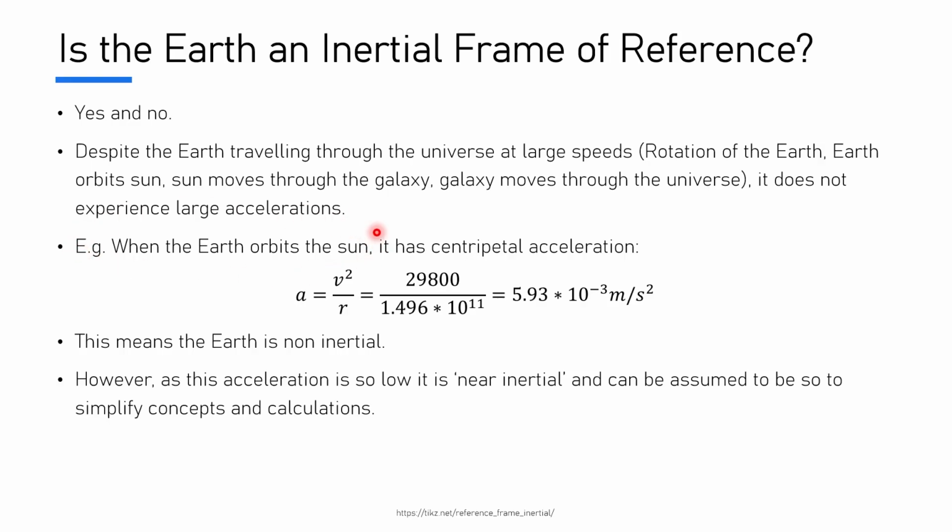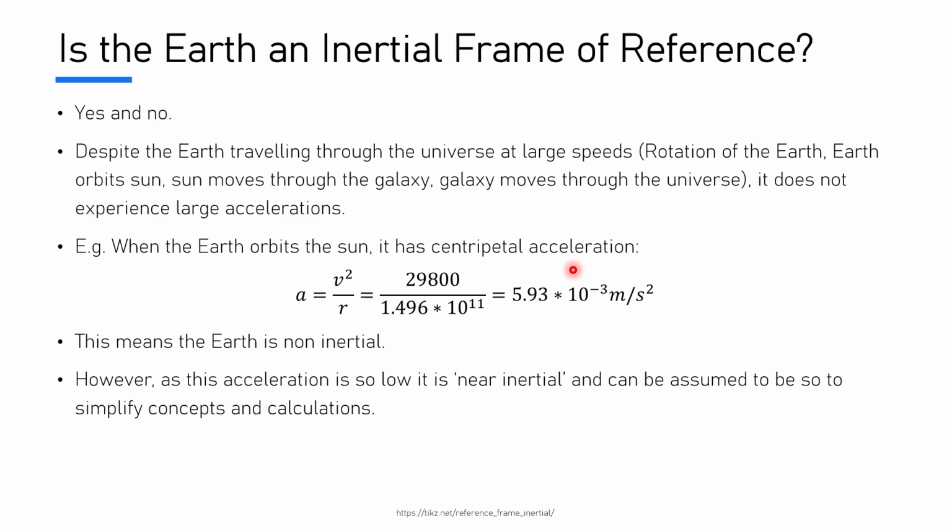For example, when analysing the orbit of the Sun, because we're moving in a circular path, we are therefore experiencing a centripetal acceleration, which is something that occurs for the other movements as well. But when you do the math and you look at the velocity of the Earth as it orbits and the radius through which it's orbiting, the amount of acceleration experienced is quite small. What that means is technically the Earth is non-inertial, but these accelerations which are occurring as the Earth is moving through the universe are quite low, and we physically really can't perceive them.